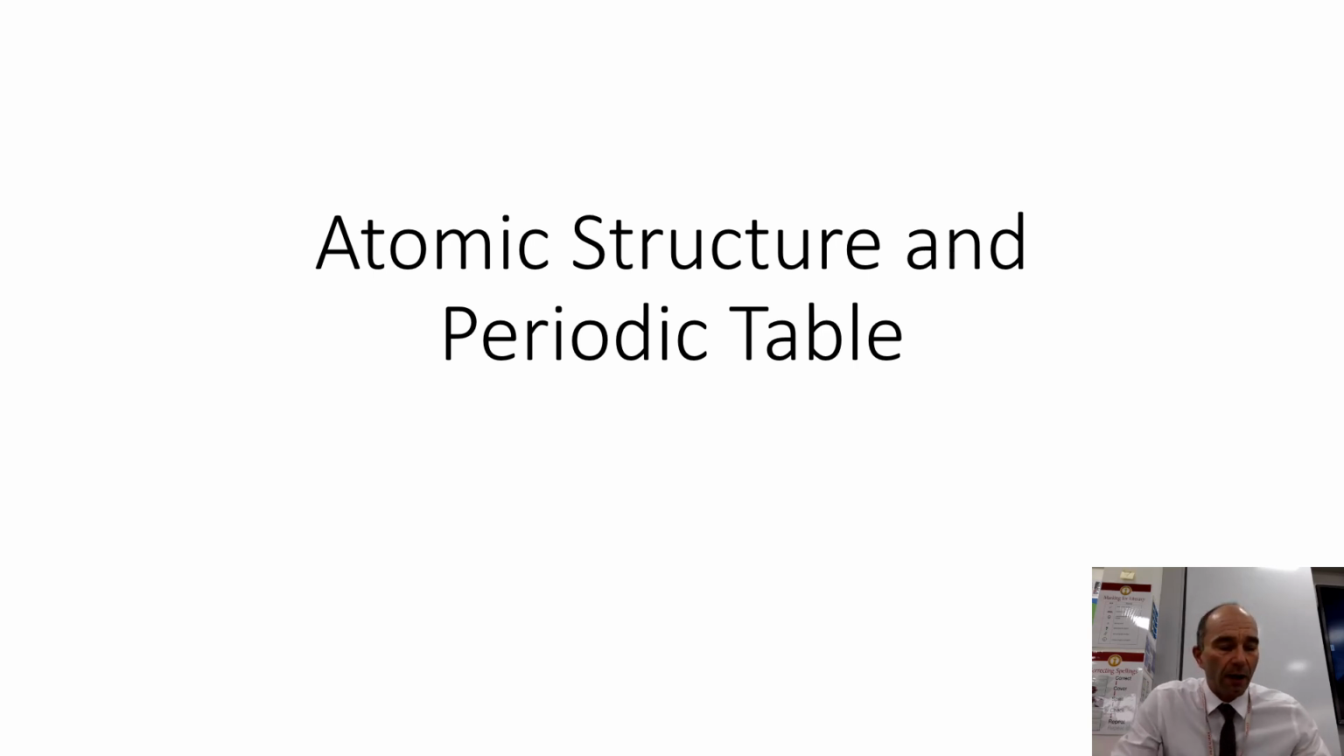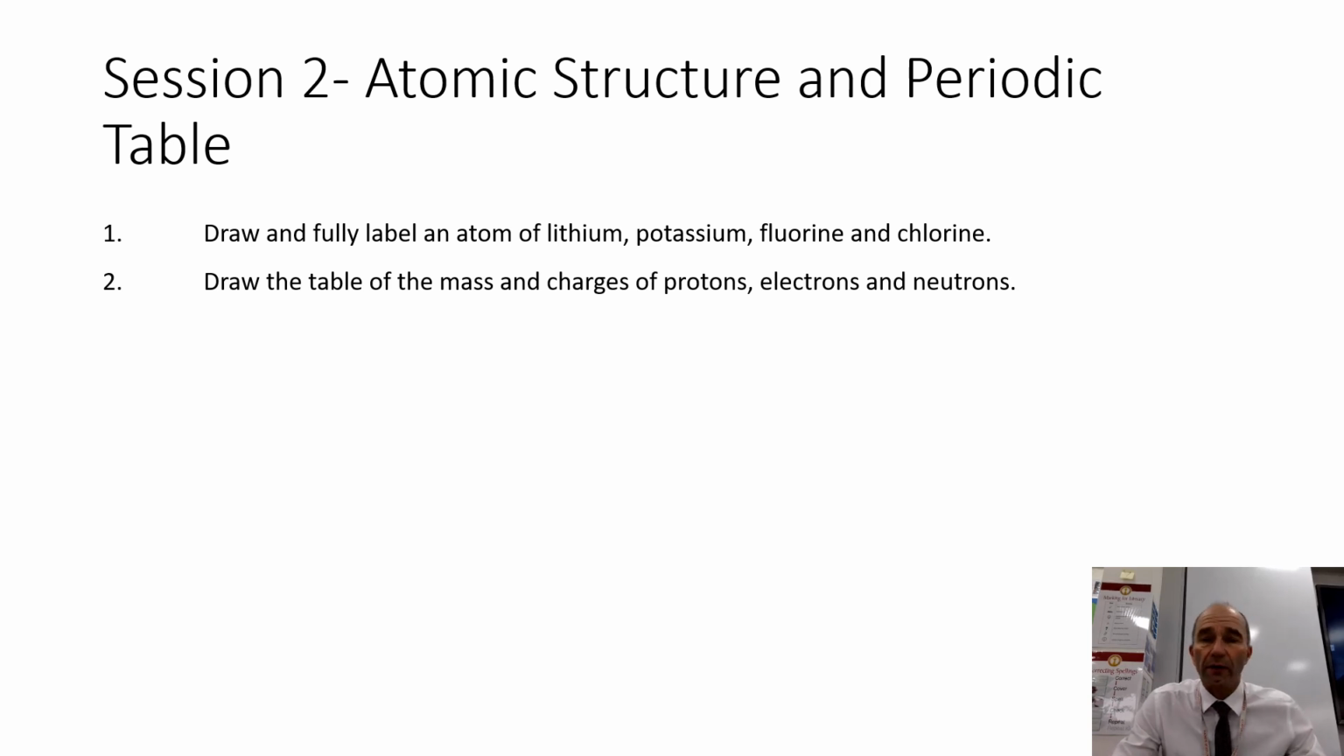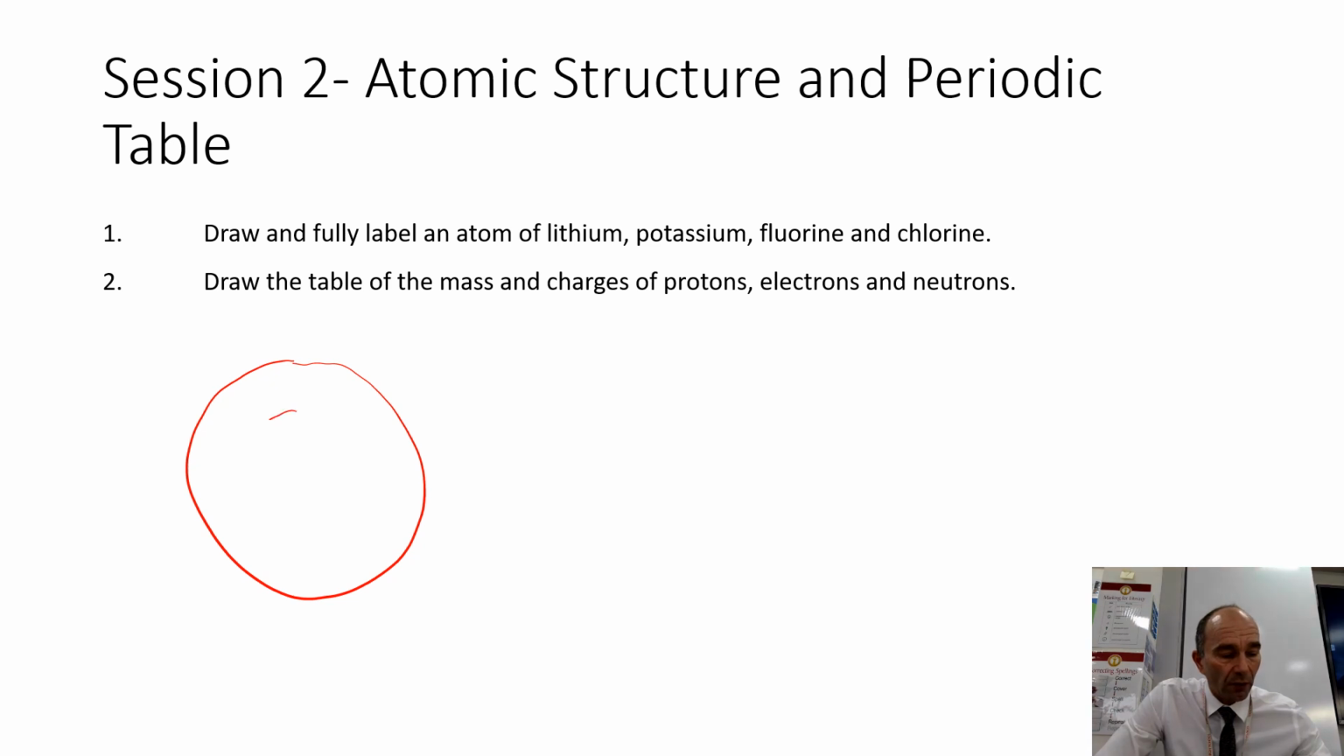Today we're looking at the atomic structure and periodic table, and you've got 5 activities to do. The first one, you need to draw and fully label an atom of lithium, potassium, fluorine and chlorine. Now you should be used to drawing circles showing the electron configuration, but don't forget about labeling the nucleus as well. So we need to know what do we find in the nucleus, as well as the electrons spinning around